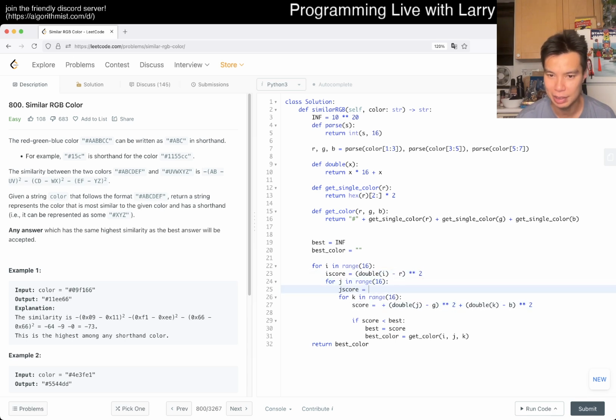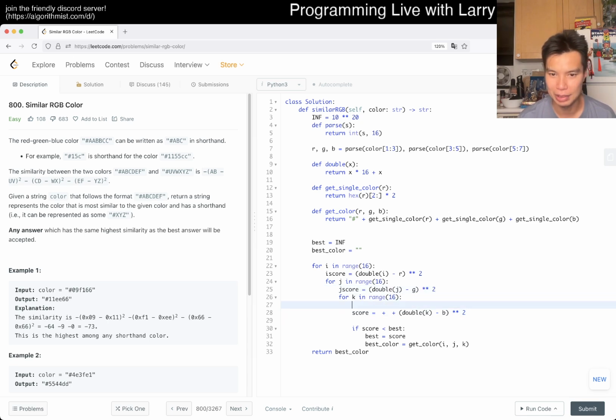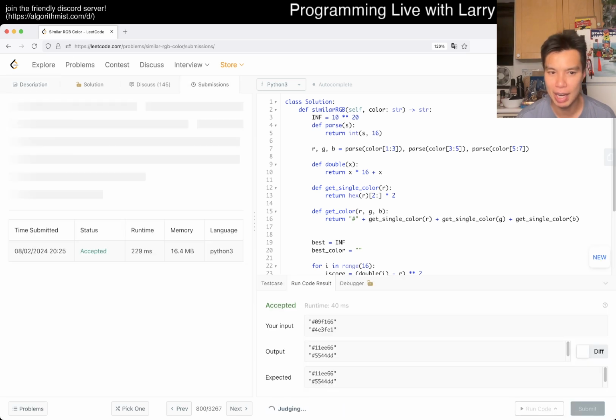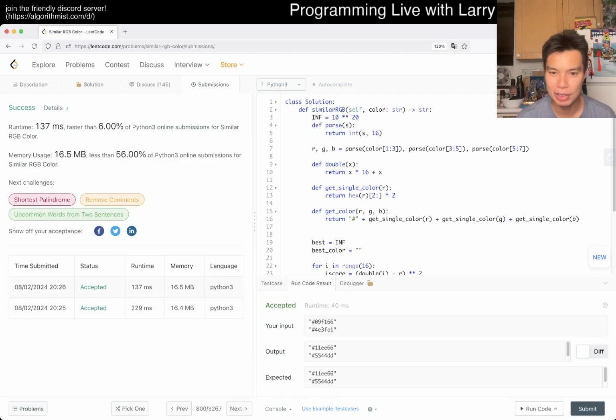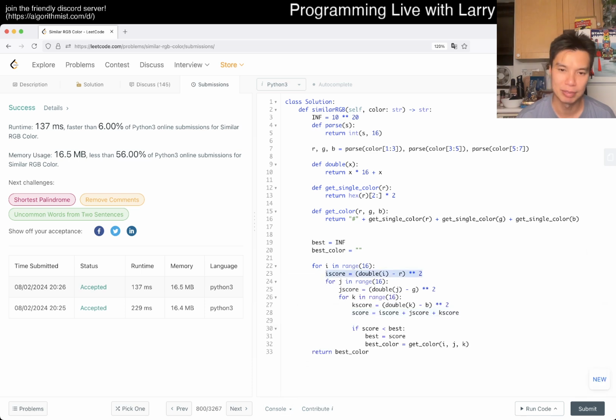Maybe J score is this, and then here, just for consistency, K score is this thing, and then you have I score plus J score plus K score. So now already this should be a little bit faster, maybe not that much. Just because if nothing else, you don't do this operation a lot. But then furthermore, you can see that actually this function doesn't depend on here, right? And when we try to minimize,